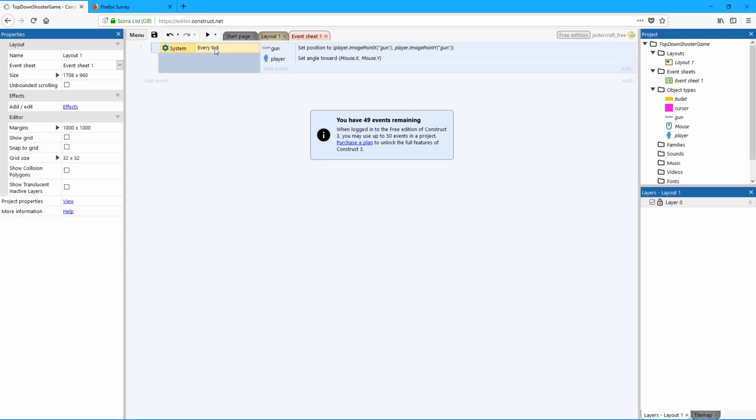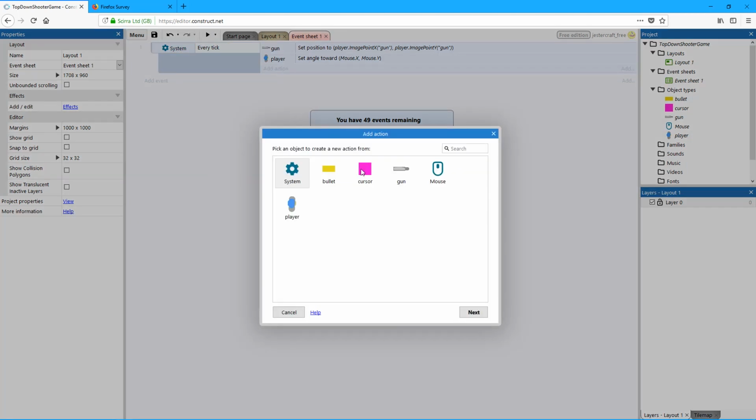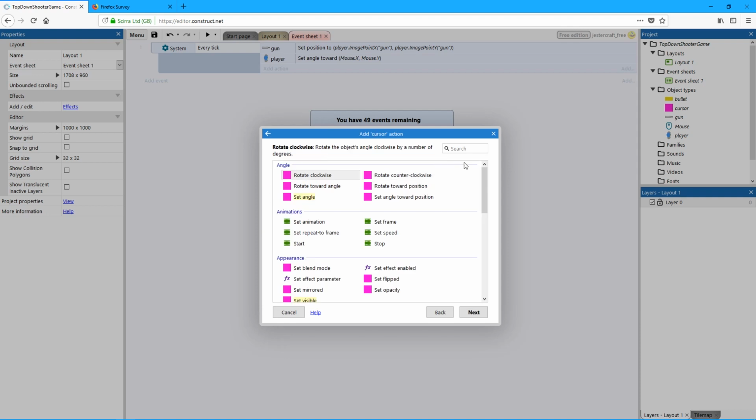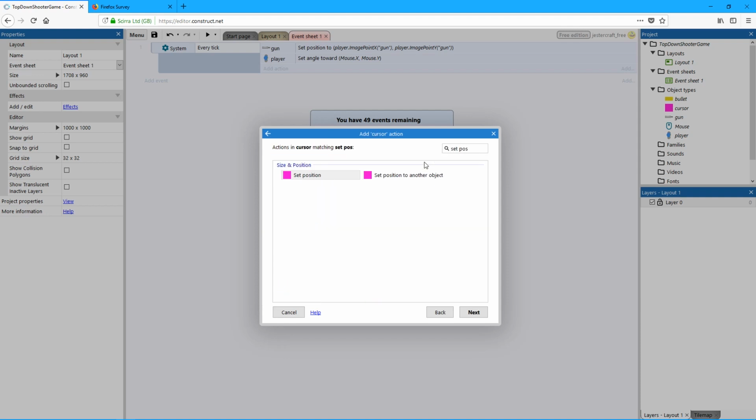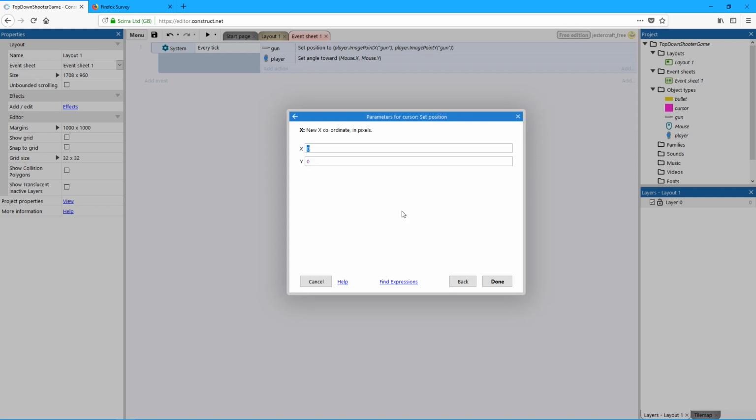So for the every tick, let's add in another action for that. Press add action and choose the cursor, and let's type in for the search set position. Set position. Let's choose that, and for the X, let's type in lerp, which is